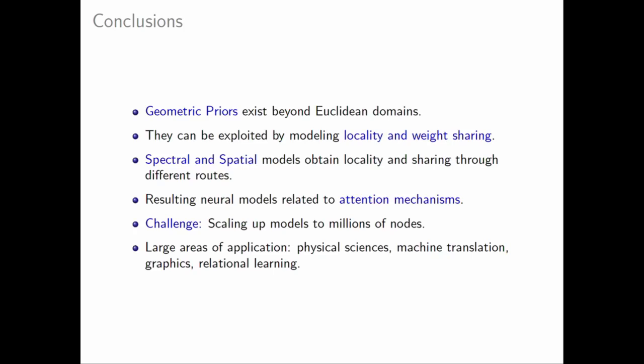And as I said, one of the things that we still don't know how to do, that is completely open, is how to scale these models so that they can process systems and domains that have a large number of nodes, maybe millions. We are also interested in where these models can be applied, and if you have questions about this, we are very happy to discuss offline. Because once you have a neural network that can understand how to process a set of inputs and learns how these things should be related to each other, we believe there are many areas where this can be potentially useful. And so with that,